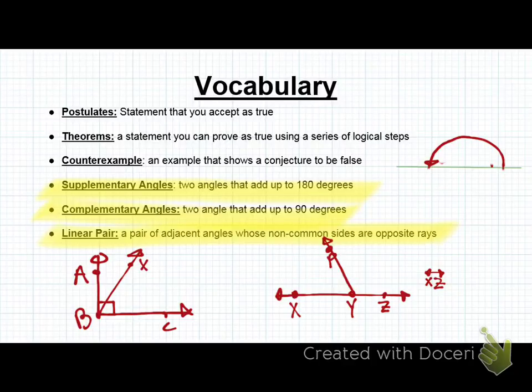So, I'm going to back this up just a smidget. Eyes on the screen. Let's say I take away this line again, the P. This is the line, right? Would y'all agree with this? How many degrees is this angle XYZ again? 180, okay? Eyes up here. When I put this ray in here, ray YP,